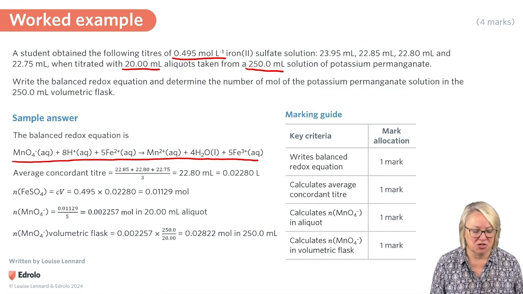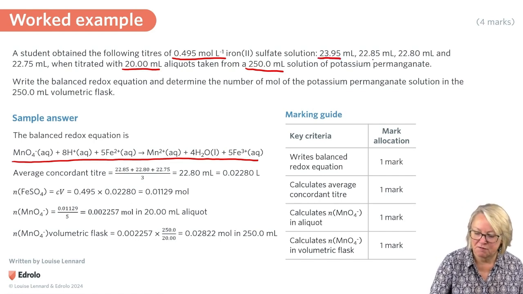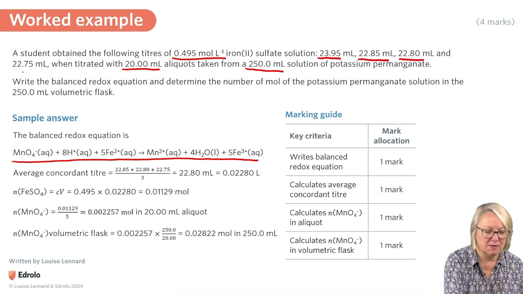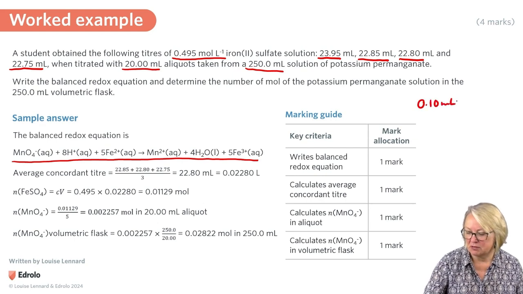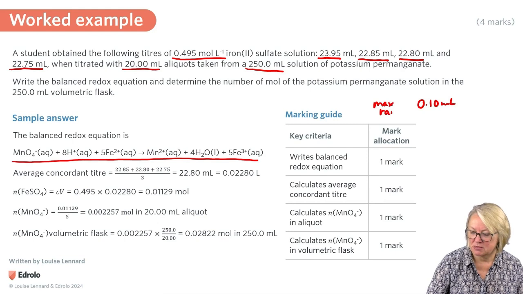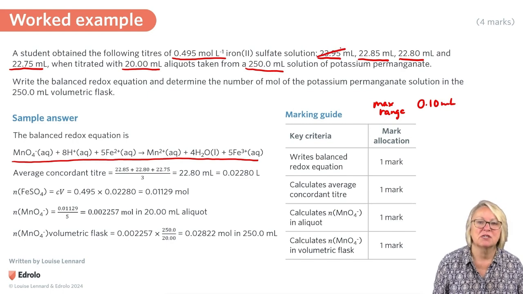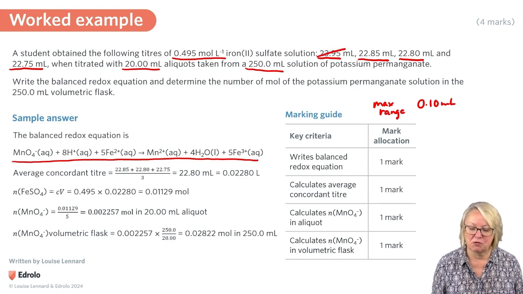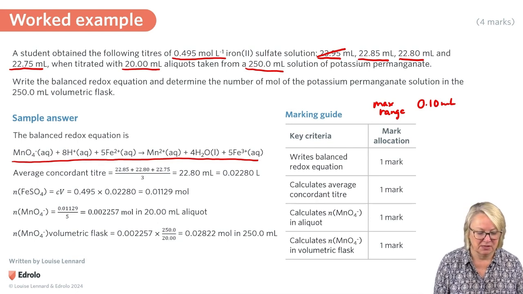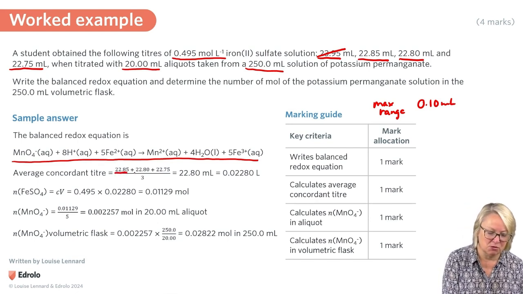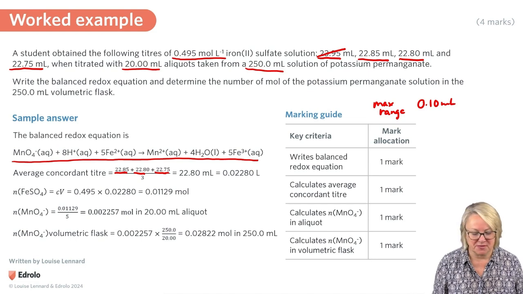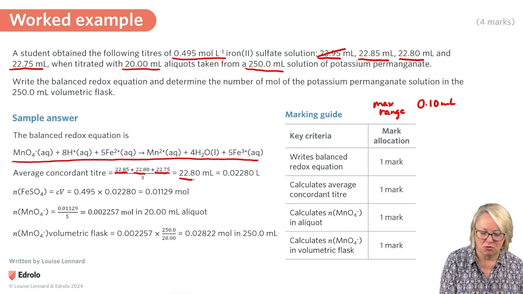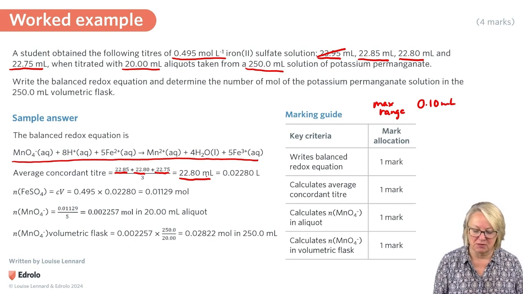Now we have to work out the average concordant titer. If we look at our 4 titers, 3 of them are within the maximum range of 0.10 mil of each other, but the first titer is overshot. It's beyond that range. So we still report it in our logbook, but we don't use it in our calculation. So the average concordant titer, we take our 3 concordant titers, we add them together, we divide by the number of samples, in this case 3. So our average concordant titer is 22.80 mil, which is